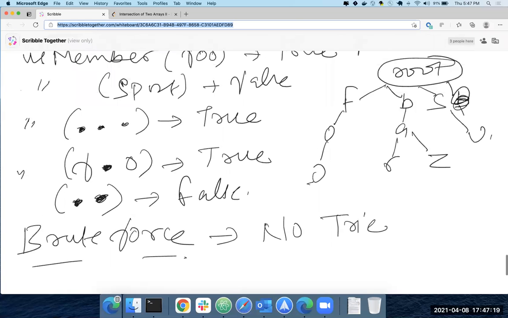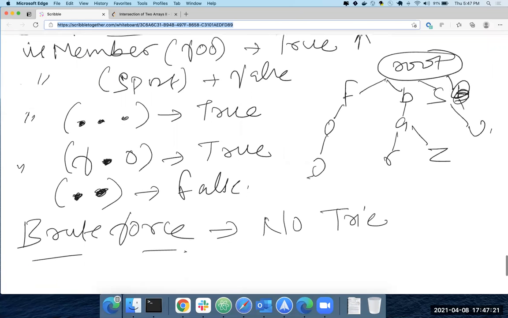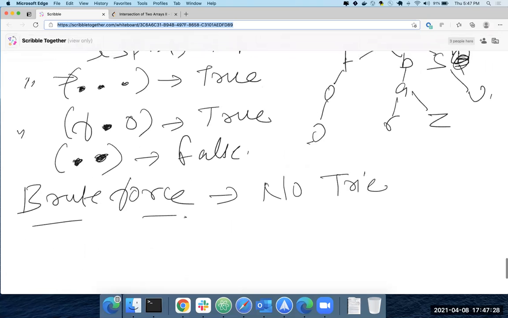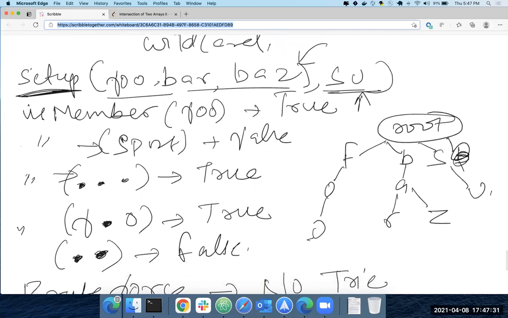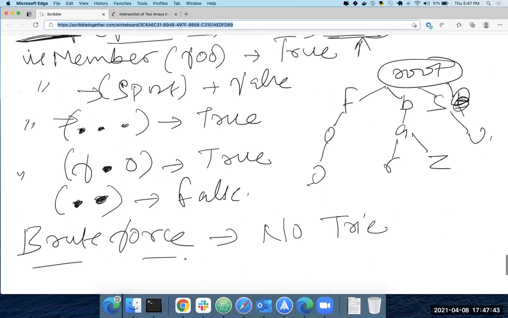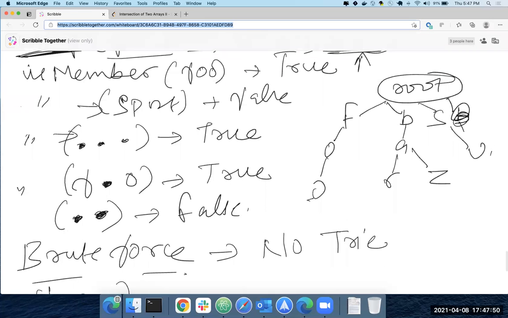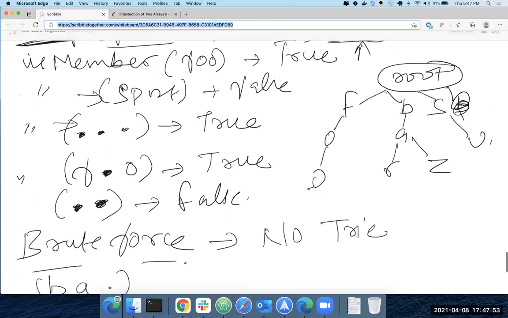Yeah. Right. Okay. So you take this word and you're checking with every word in the dictionary. In our scenario, the first one will match, so that's fine. But if you do B A star, right? It'll check foo, it's not going to find a match. Then it'll check bad, it'll find a match, right? Or bar also. Yeah, grab the first match, it's fine.